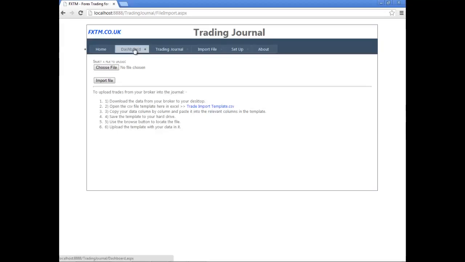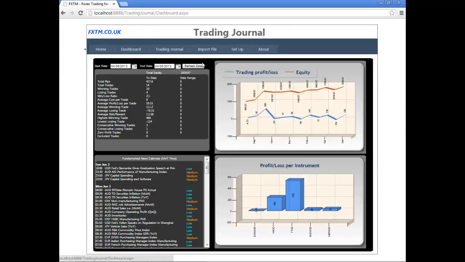The new tab in version 1.2 is the Dashboard tab, and you've got some nice pretty boxes here. There's 4 segments. The first is the financial data, and at the minute there are a few columns that you can analyze your trades. You can see the total trades, the total pips that you've had to date. That is from when you very first started to today, if you like. The winning trades, losing trades, win-loss ratio, and lots of other things here that are important to be able to